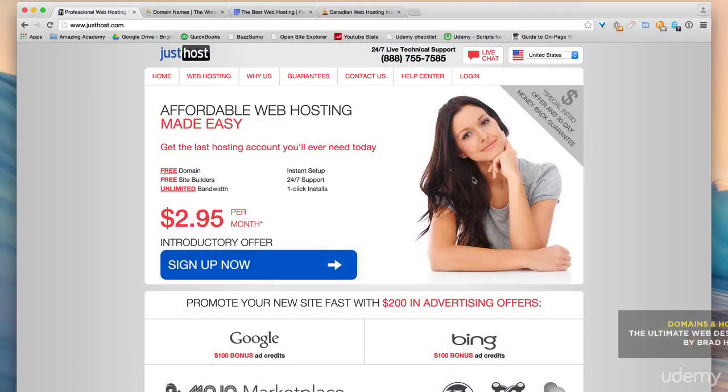Domain names and web hosting. For most, when you get started, this whole realm is kind of confusing because there are a lot of different components involved. And within each of those components, there are a lot of things that you can know. But the reality is you don't need to know everything about domain names, web hosting, and getting your website live on the web, because there are basically just a few surface level factors that you need to know that can